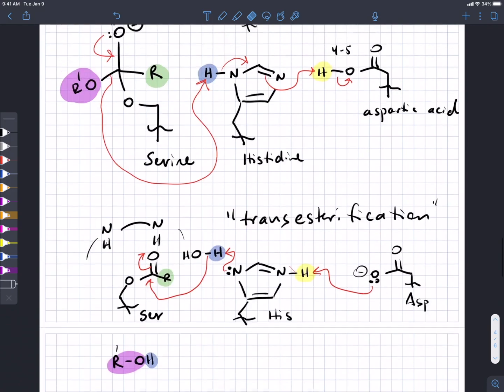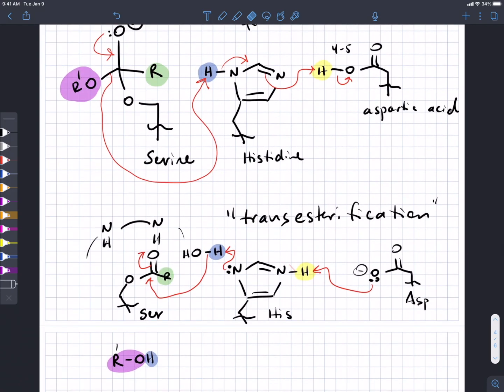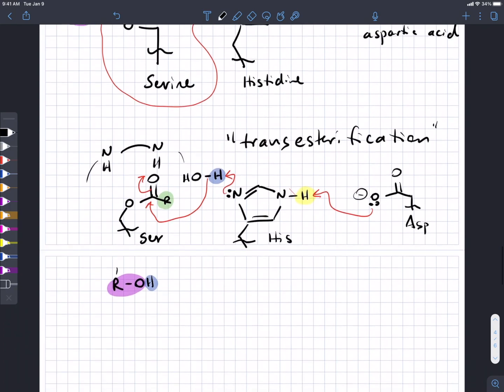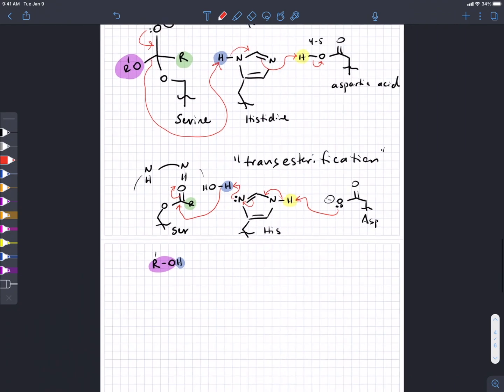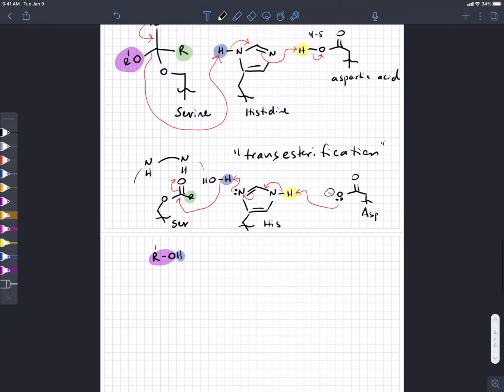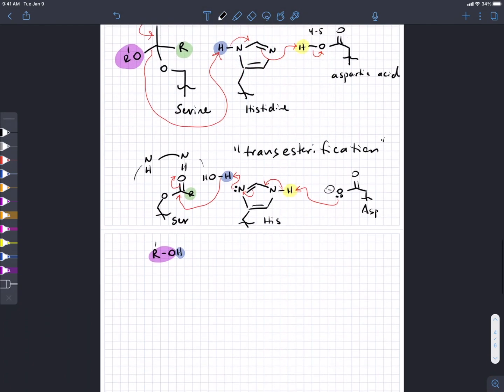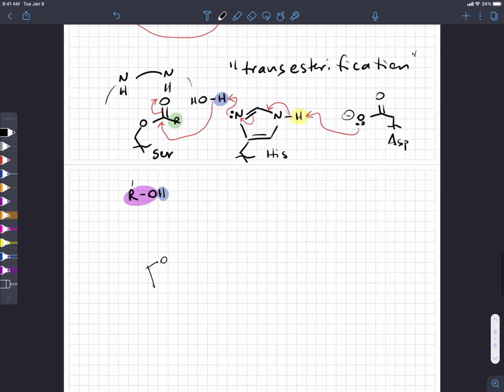Oops, I am so sorry. I think I drew the wrong structure for histidine. At the same time, aspartate will remove the yellow proton from histidine, and that will get us to an intermediate, which I'm just going to draw briefly, a tetrahedral intermediate, in which